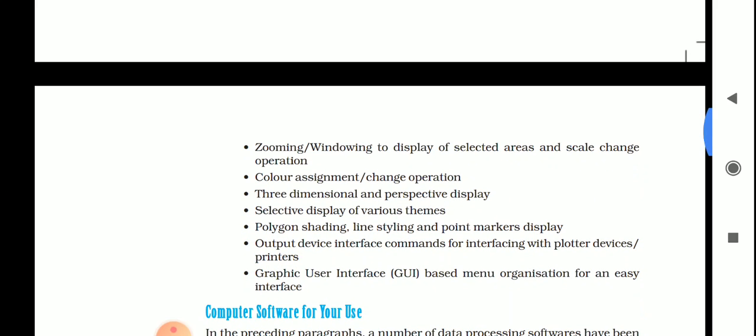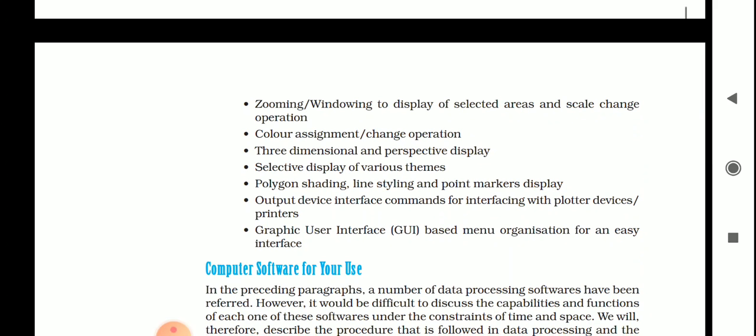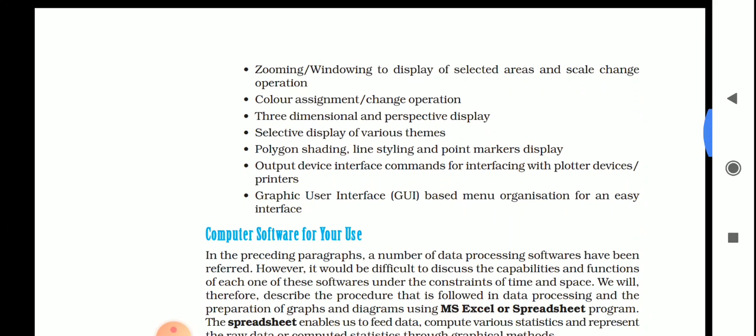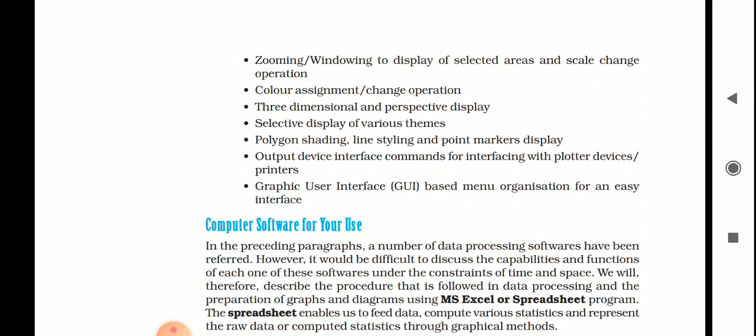Third is three-dimensional and perspective display, selective display of various themes, polygon shading, line styling, point marker display, output device interface commands for interfacing the plotter device, printers, graphic user interface. There is a graphical course also in this.